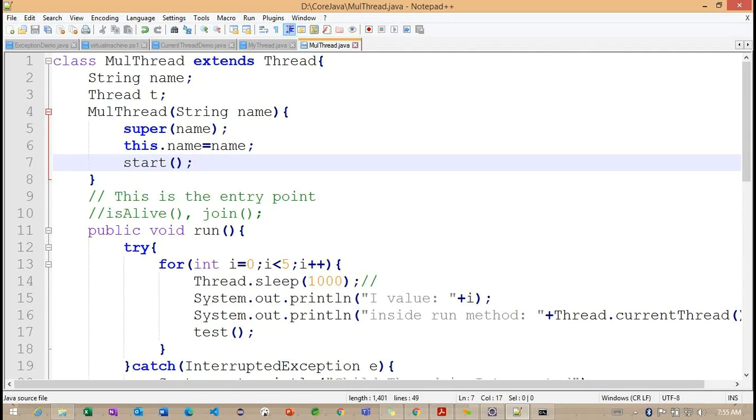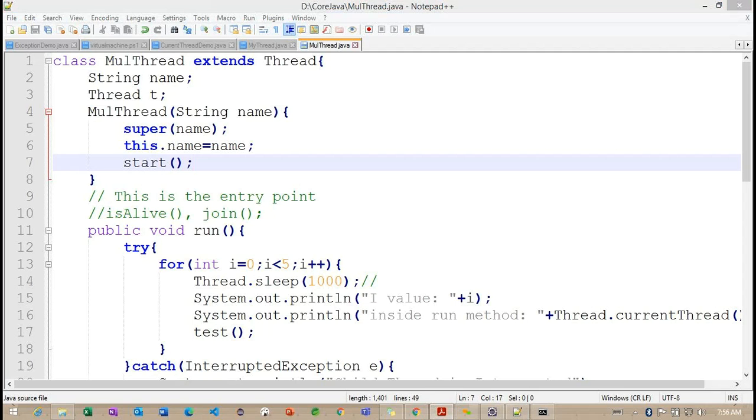Getting the point. Now, what you understand here, max priority is going to get more CPU time, because whenever we are trying to run our application, what happens internally? Based on the thread scheduler, CPU time is going to be occupied here. Getting the point? So this is also important. Right. So based on the priority, the CPU time is going to change.